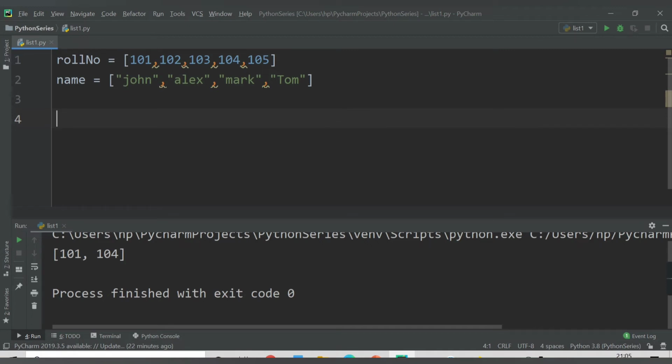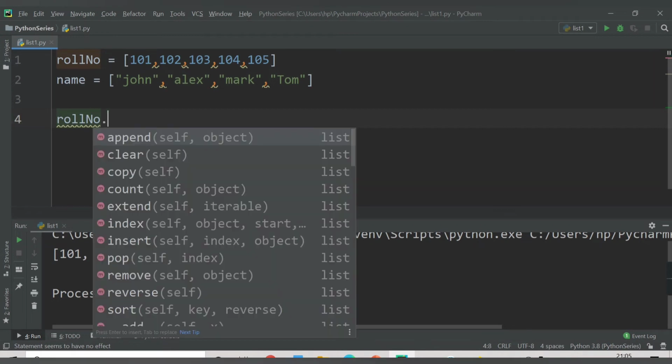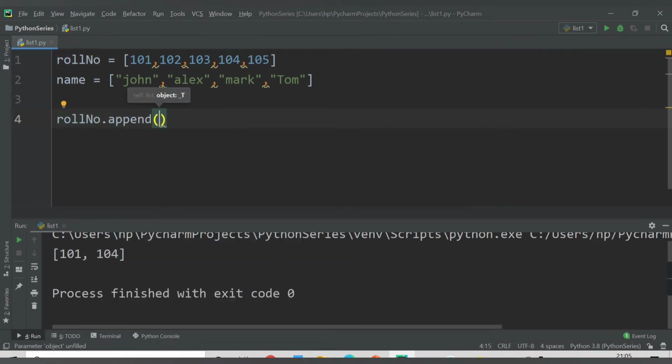Let's say in the roll number list I want to add one roll number. So I will give a dot, and append is the function which will be used to add your values. Let's say roll number dot append. So let's say I want to add 106 also in my list.